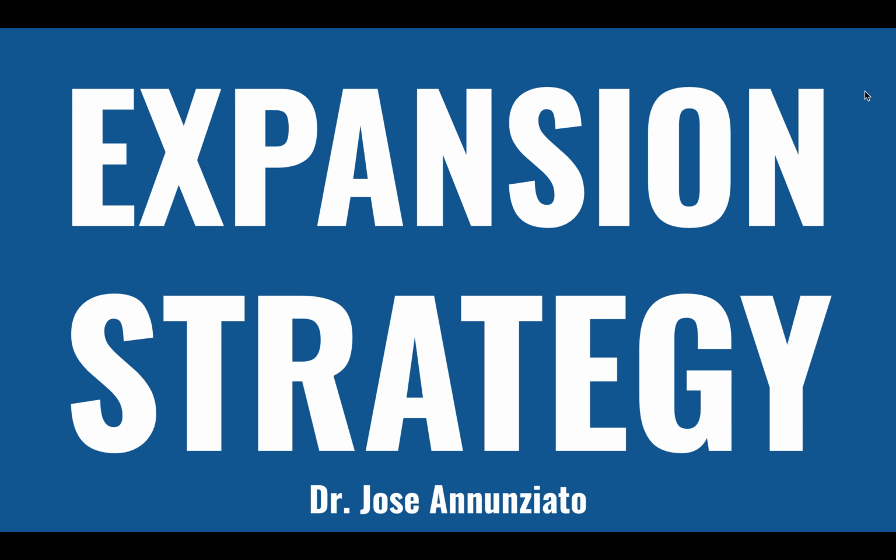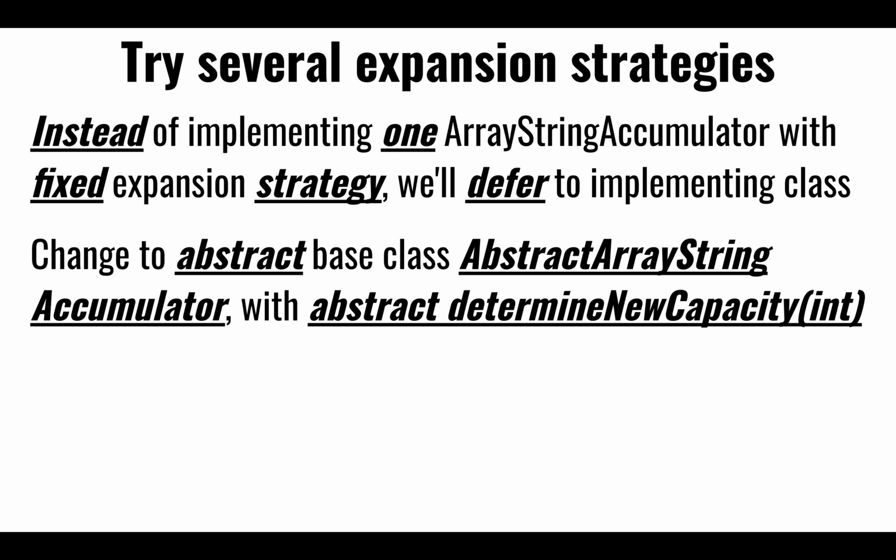All right, so we've decided to delegate the determination of the size that we need to grow. We've decided that we're going to delegate that to classes that are going to extend our implementation, to decide different strategies on how they want to grow the character array. So we'll look at different ways that we can expand the array, and then compare and contrast them